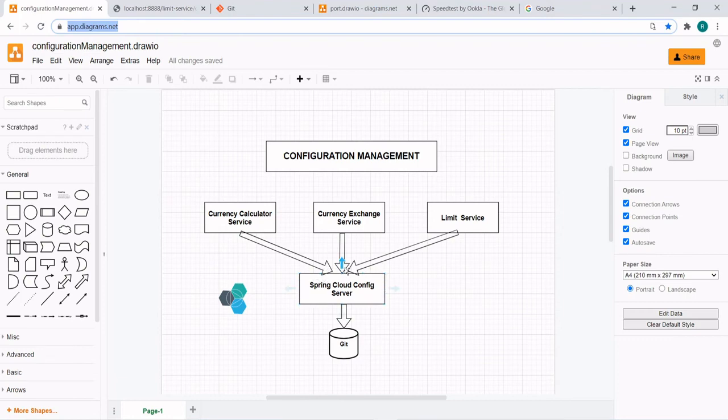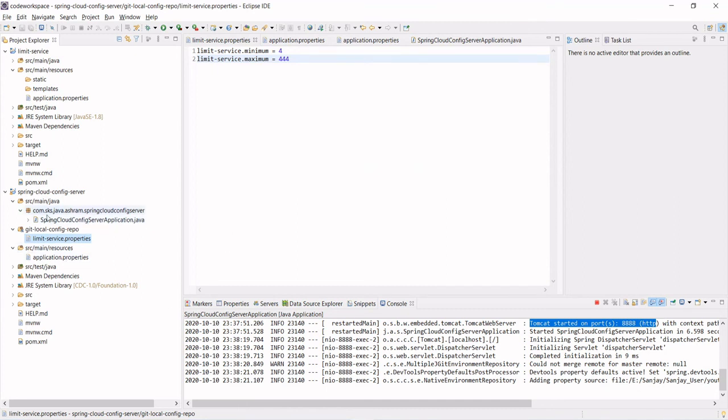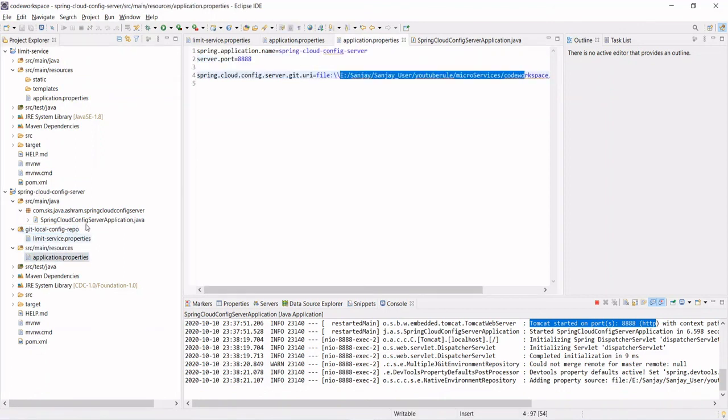Okay, so in this step what we did, we just connected the Spring Cloud config server with Git. So how we did that, we just copied the URI of the location where you have a Git repository, and thereafter we went into the application.properties of the Spring Cloud config server, and there we gave the URI of the location. That's it. And thereafter directly from Spring Cloud config server we are accessing the configuration of the local Git repository. Okay, so in the next step we will see how you can configure the configuration for multiple environments in a Git repository. So until then, bye bye.